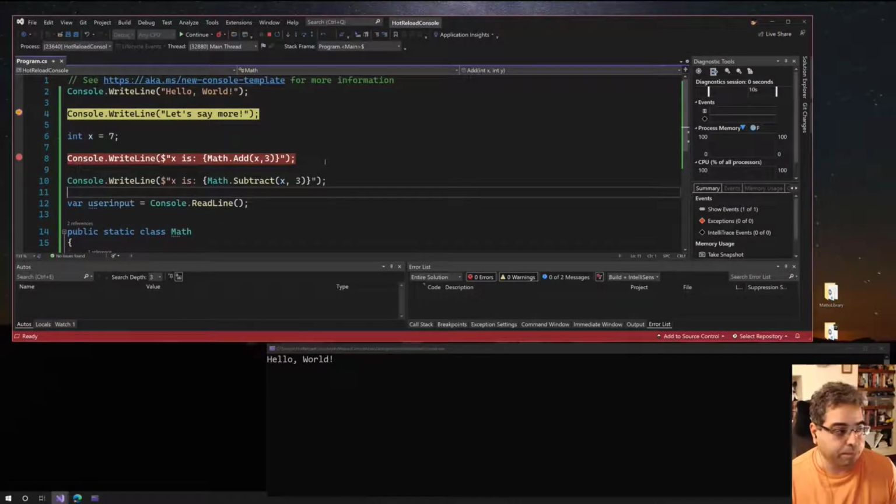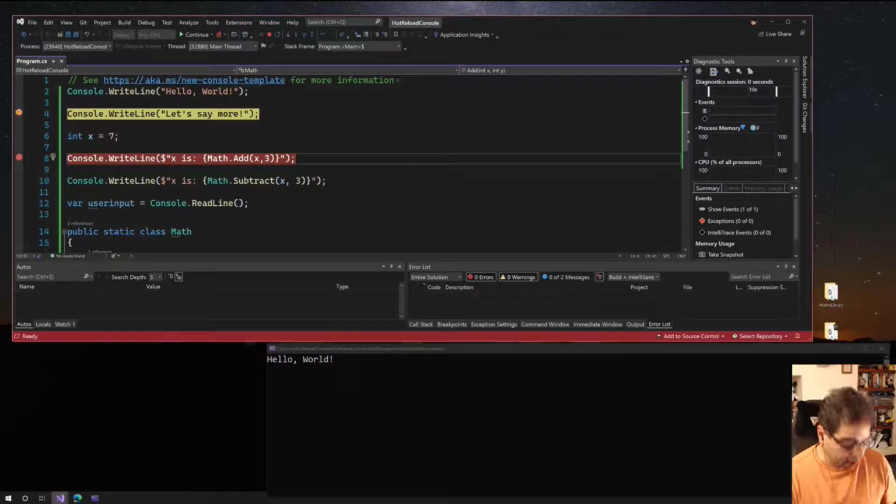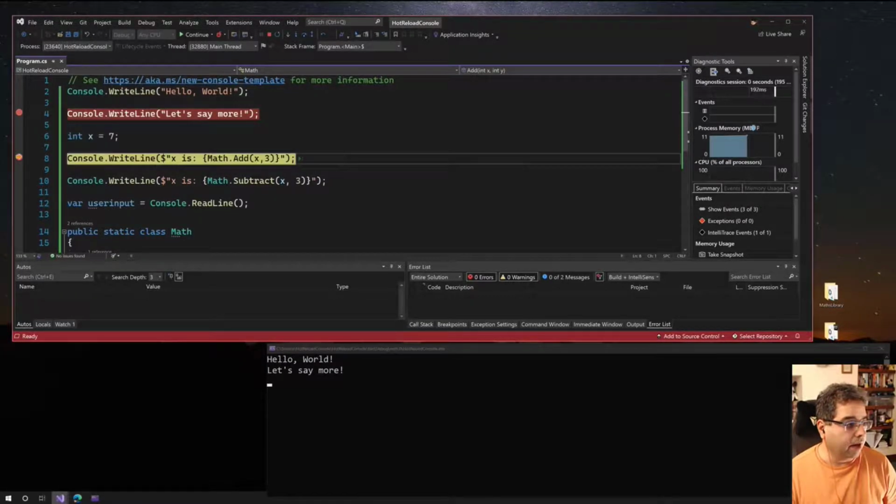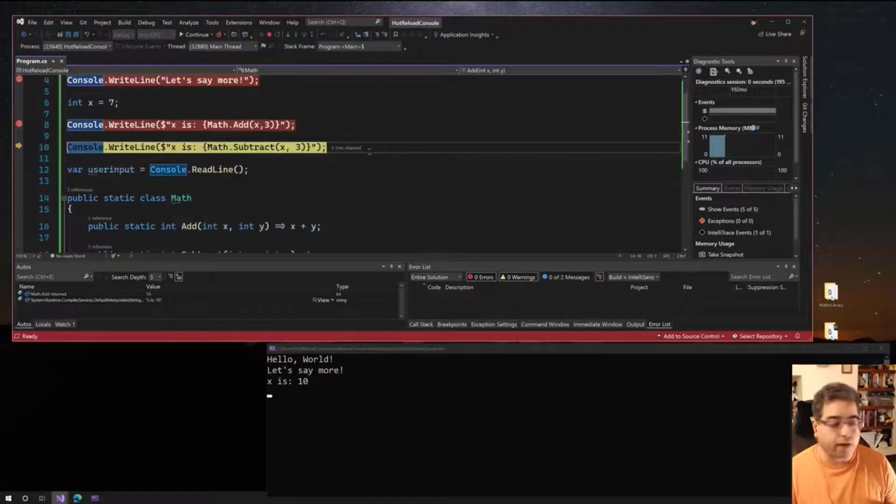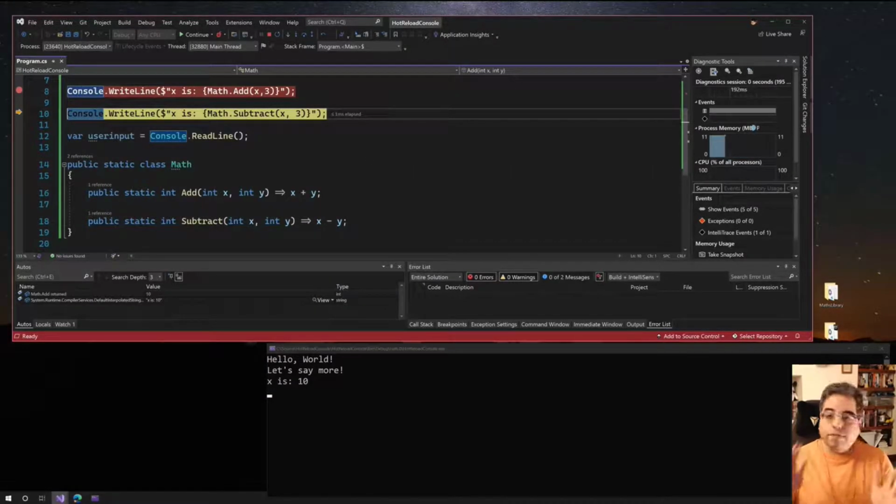And this is pretty simple. It's going to write out that x is 10. So let's just go ahead and hit F10. And we see that works. That's fine. But what if I was in the middle of stepping through this code and I said, oh, wait a second,